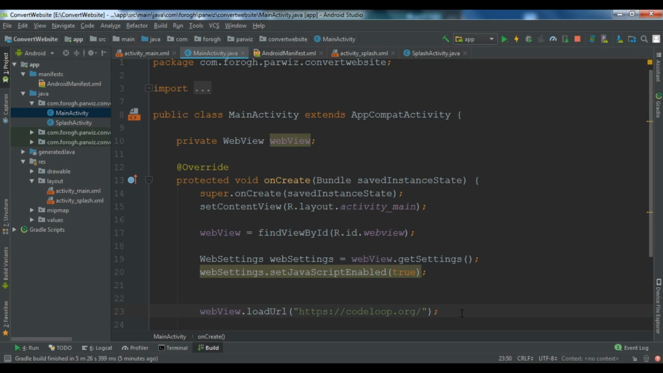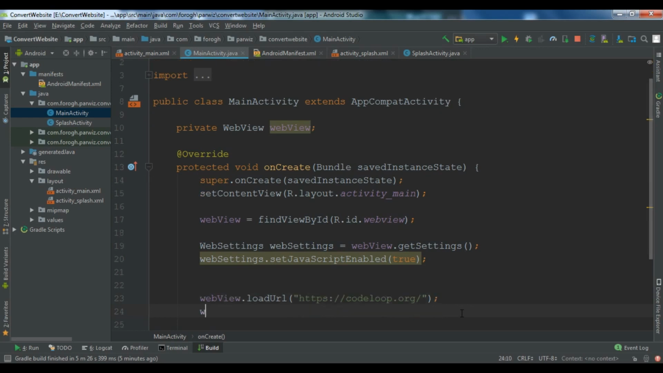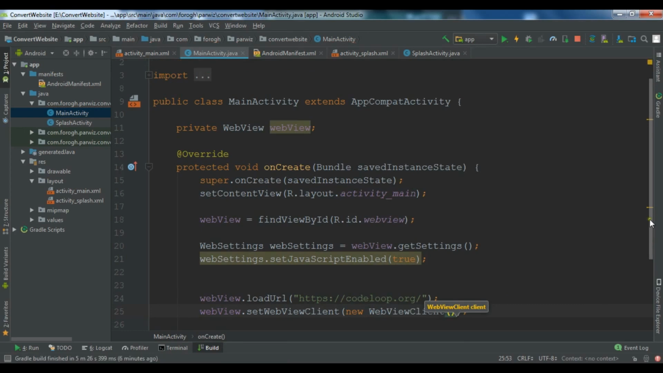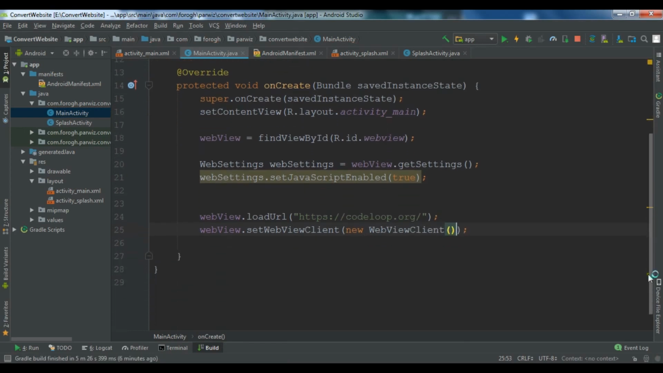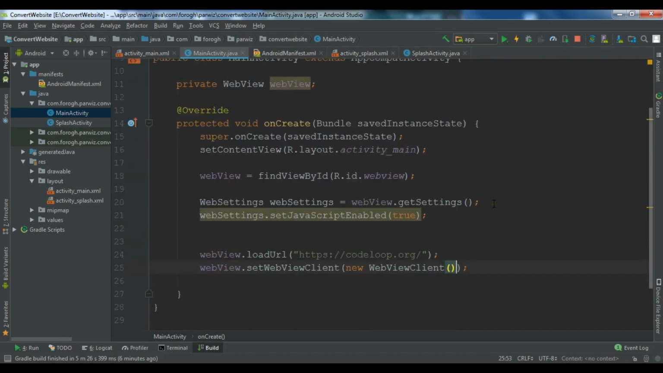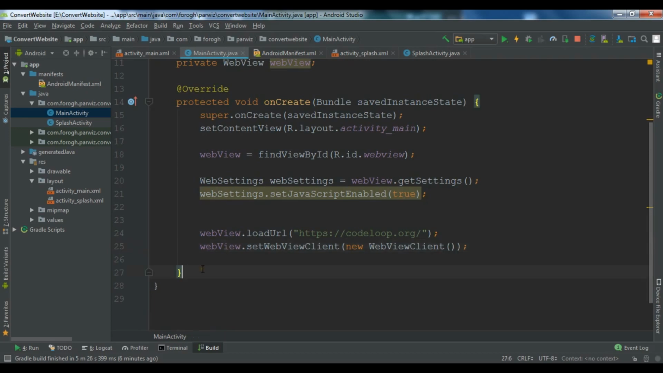Okay, so now after doing this, we also need to set the web view client. We can say webView.setWebViewClient to new WebViewClient. Now this is our code, and our code is completed. Also, we're going to override the onBackPressed method in here. So we can say onBackPressed,